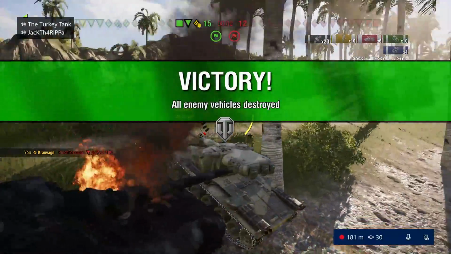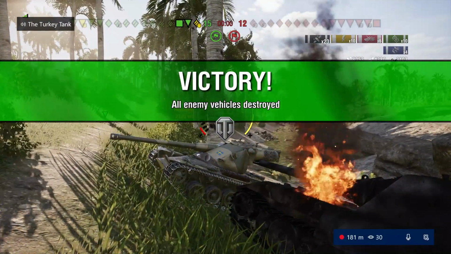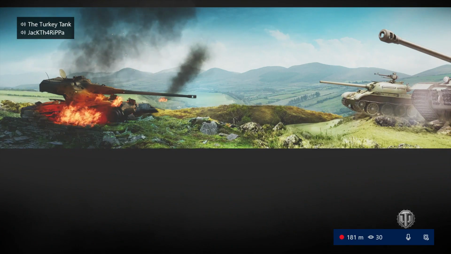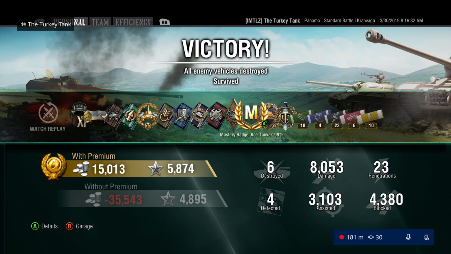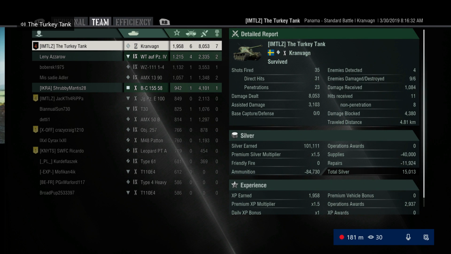And we win with a heck of a carry, a heck of a game. Just a tick over 8,000 damage. 3,000 assisted as well. Most of that off the Yag there at the end. And 4,300 damage with the Steel Wall and Top Gun as well. So I was super happy with this game. It was